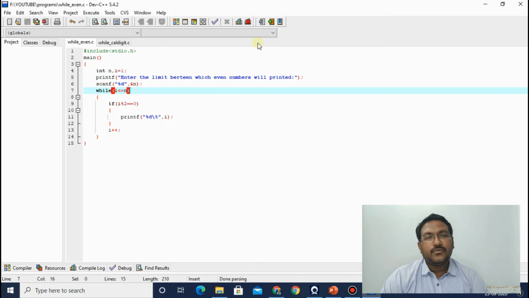If you don't want to check any condition in a while loop, you don't want to write the if within the while, you can also write like this. Just simply go to the while loop condition. The while loop condition will be the same, I less than or equal to n. Within the while loop, instead of writing an if condition, you can write printf %d, I plus 2, bracket n,